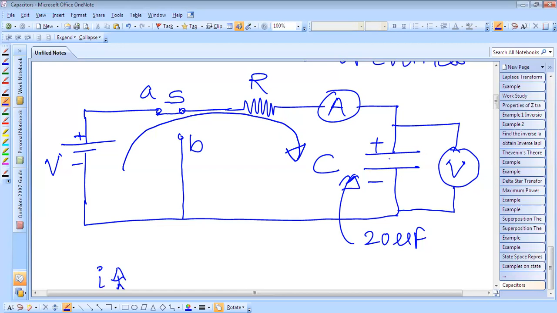When the capacitor was discharged, the voltage across it is zero. When charge flows through the capacitor and it starts charging, the voltage across the capacitor also increases. Initially the voltmeter shows 0 volt, but as the capacitor charges, the voltage across it shows an increasing value. When the capacitor is fully charged, the voltmeter will show the maximum voltage across the capacitor, and it can be shown like this.